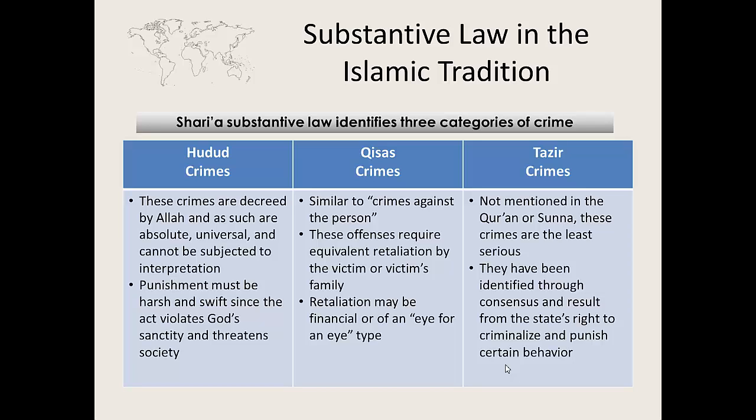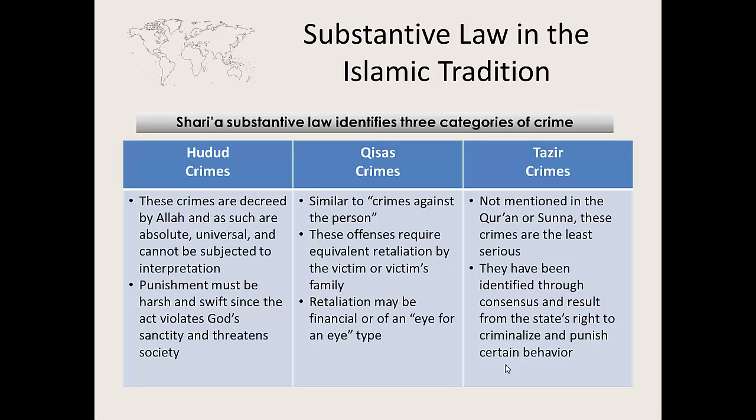The qisas crimes are those that are like crimes against the person in other legal systems. These offenses require some kind of equivalent retaliation, either by the victim or the victim's family. And this can be either a financial retaliation or an eye-for-an-eye type of retaliation. You steal my pig, you have to give me 2 of your pigs. If it's a